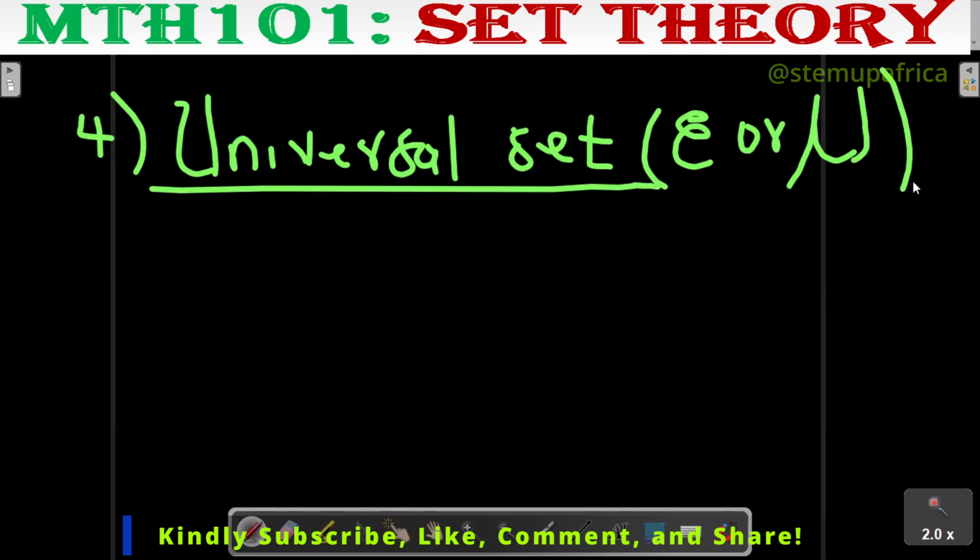So anytime I see a symbol like this, know it's a universal set. This topic is all about symbols. The symbols are very important. It's all about symbols. Okay? So the universal set is a set